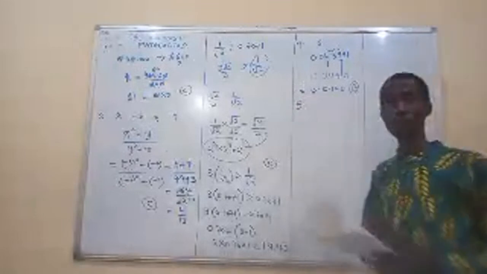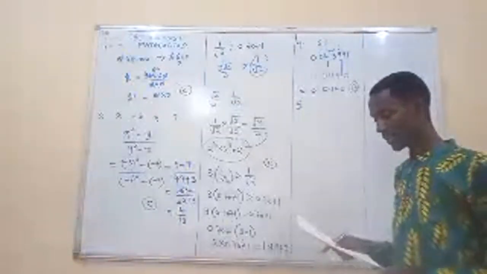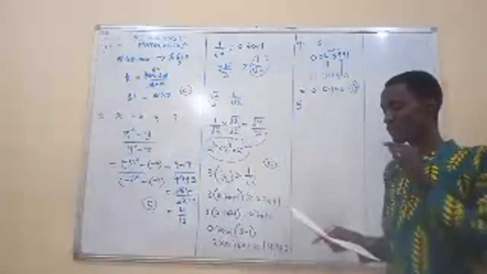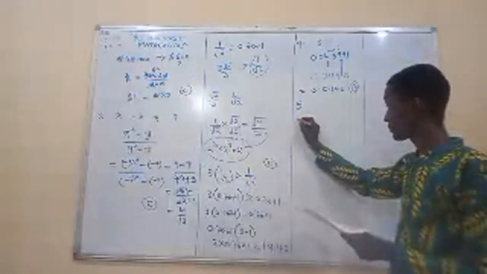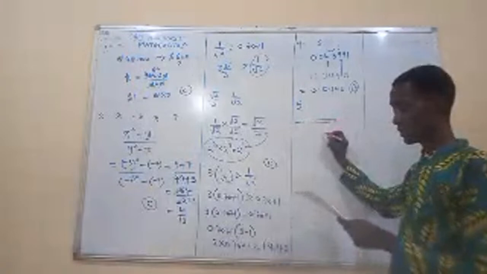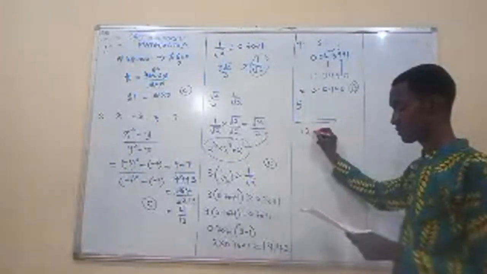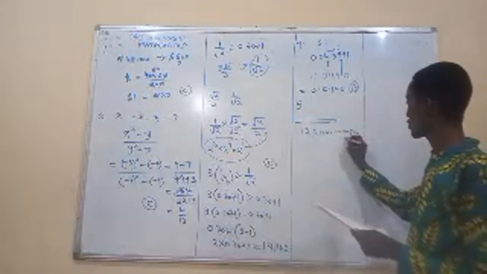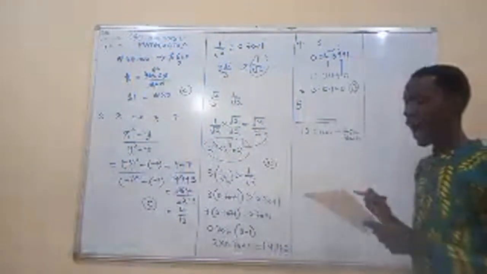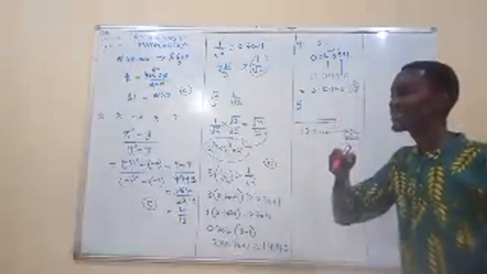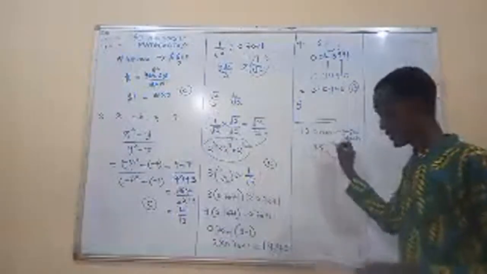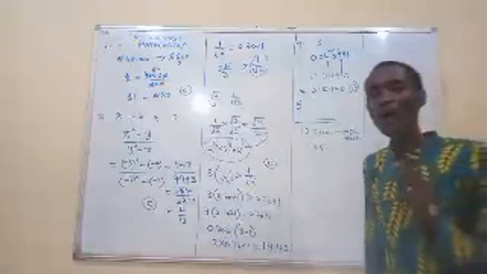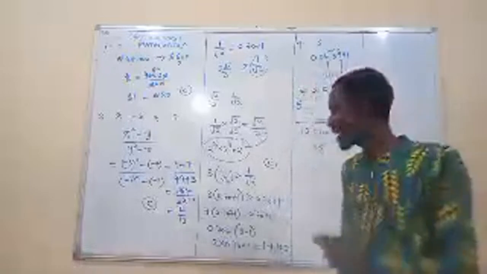So, look at number 5. What does number 5 say? A rod can be cut into 12 pieces of length 7.5 cm. So I have a rod cut into 12 pieces of 7.5 cm each. Now, how many pieces of length 4.5 can be cut from another rod of the same length? Now, because they've used the word same length,